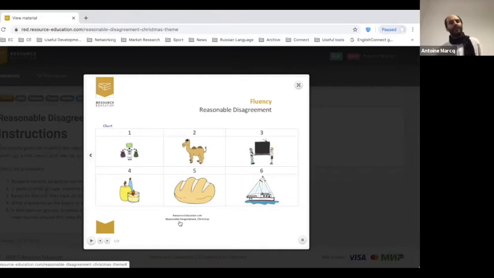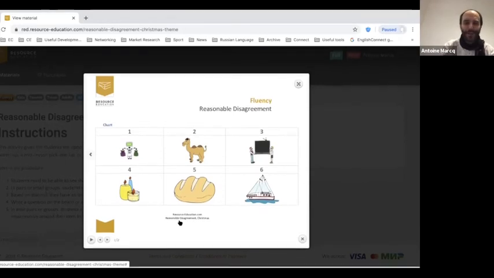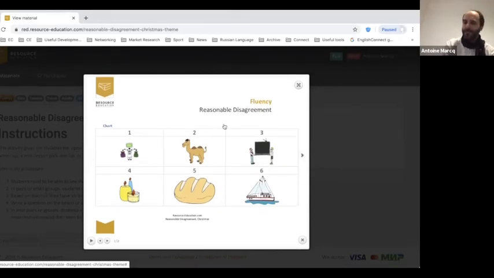So student 4 does their whole argumentation in favor of candles, and then student 6 does their whole argumentation in favor of starting Christmas Day on a yacht, because, you know, Christmas Day is always about winter, about snow, about this and that. What is the best way to start Christmas Day than being on a yacht in the Caribbean islands or something like that? I don't know. I'm making it up as I go along. You get the idea?